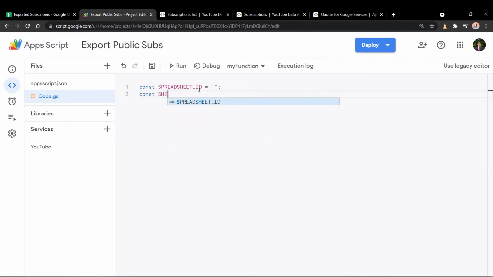And then we also want to create another variable called sheet1 name, and this is basically going to store the name of the sheet inside the spreadsheet that we want to modify. By default, it's just going to be called sheet1. So I'm just going to quickly save this, and I'm going to head over to a spreadsheet that I've